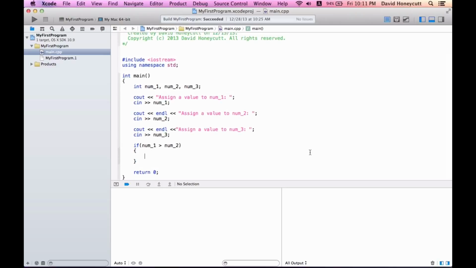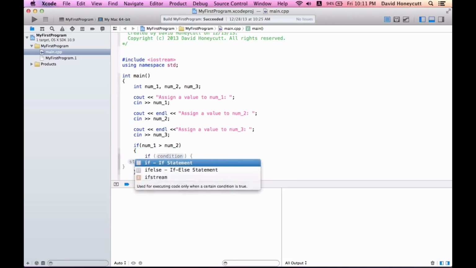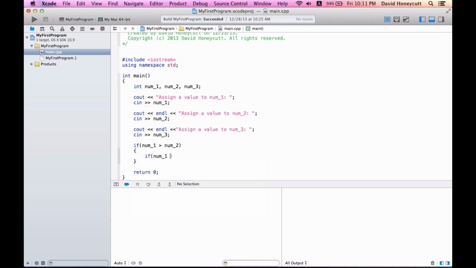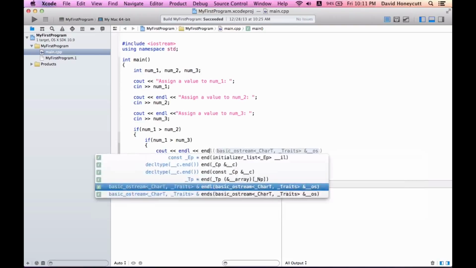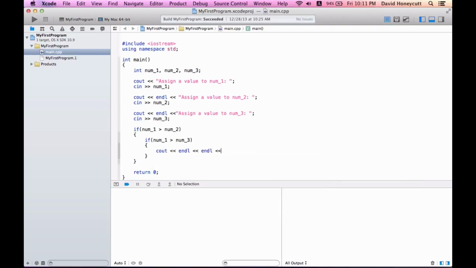So now we put in values for num1, num2, num3, and if num1 is greater than num2, then whatever I put in this block of code will execute. So I'm going to put another if statement. If num1 is greater than num3, then we do another block of code, and I'm just going to cout endl, endl. Num1 is greater than num2 and